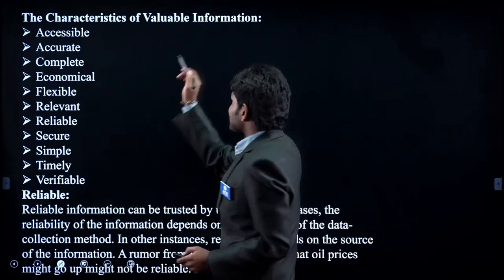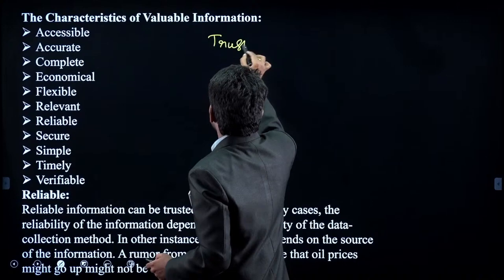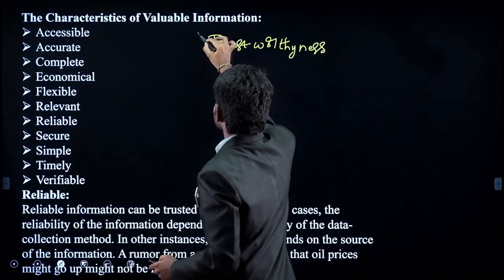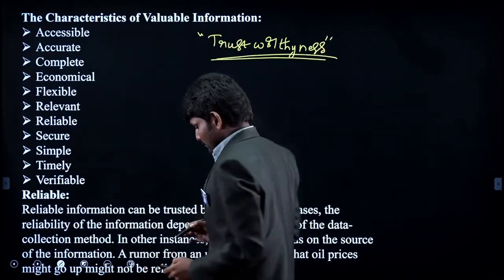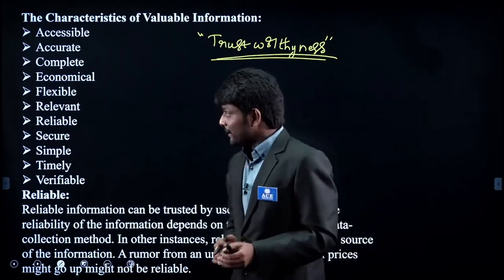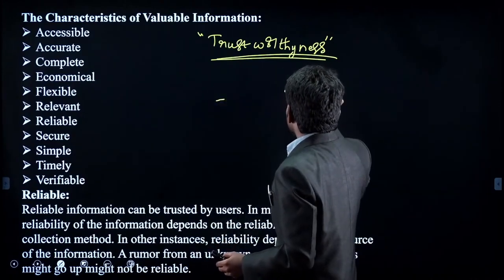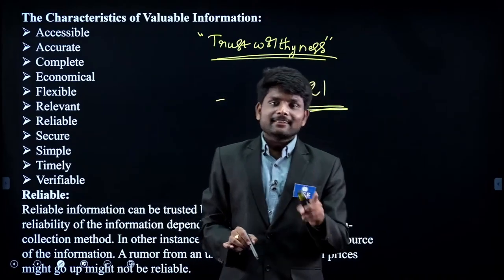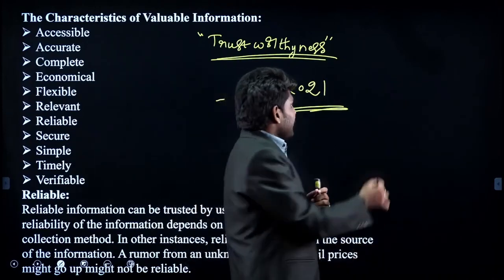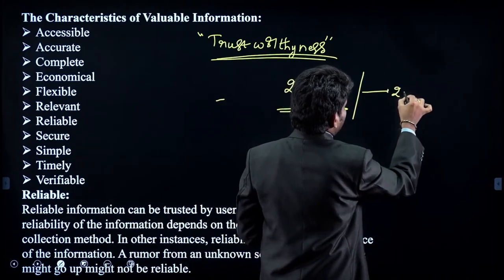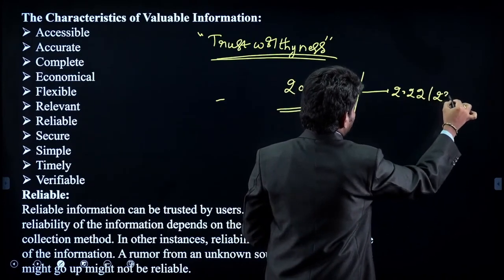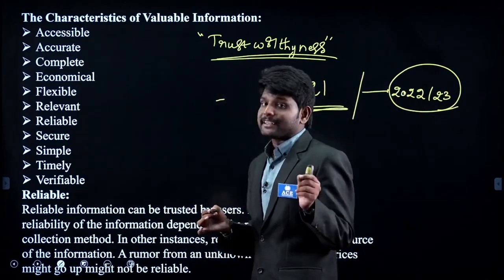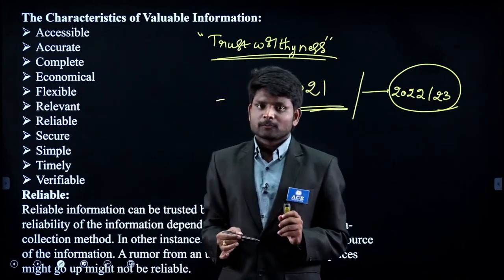Reliable. What is the trustworthiness of the information? So what do I mean by trustworthiness here? Have you ever used ChatGPT? It is a path-breaking application, but let me tell you something. ChatGPT has information access till 2021 only. So sometimes it is not giving accurate answers. Why? Because it doesn't know what has happened in 2022 or 2023. It doesn't have access to this information. Because of this lack of information, sometimes it gives inaccurate outputs. Hope this point is clear for you.